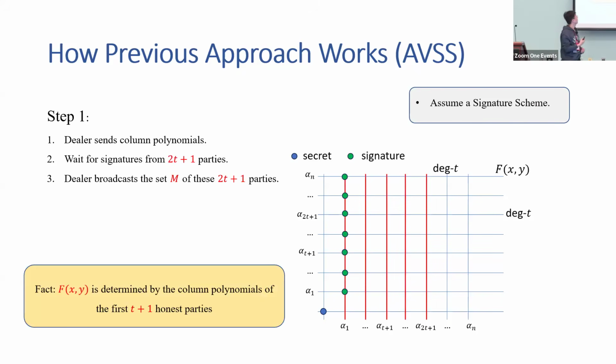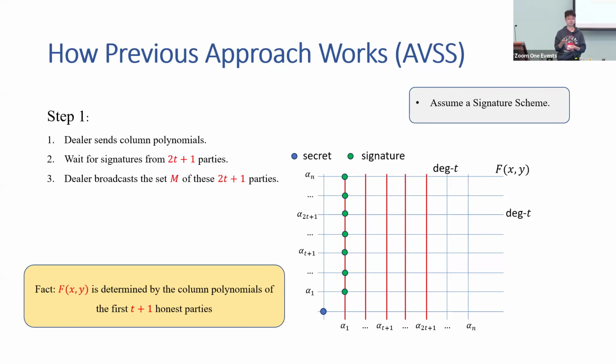So in the first step, we let the dealer send a column polynomial to each party, and each party who receives his column polynomial will compute the signatures on all points of his column polynomial. And then each party sends these signatures back to the dealer, and the dealer will construct a set M such that for each party in this set M, the dealer has received the valid signatures. Here we notice that